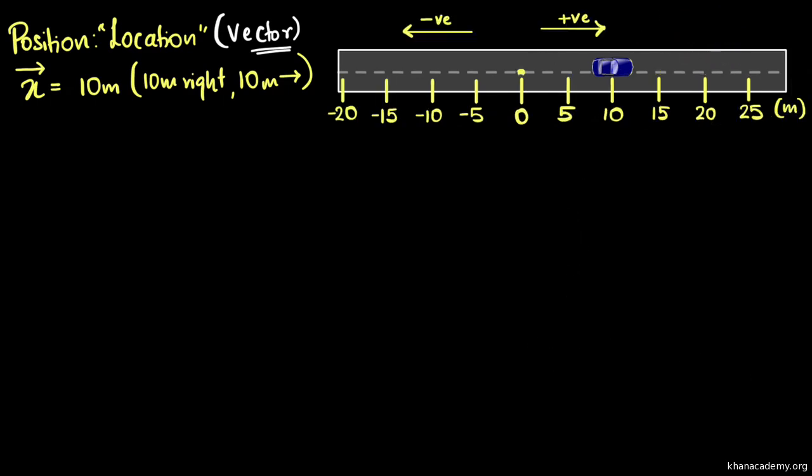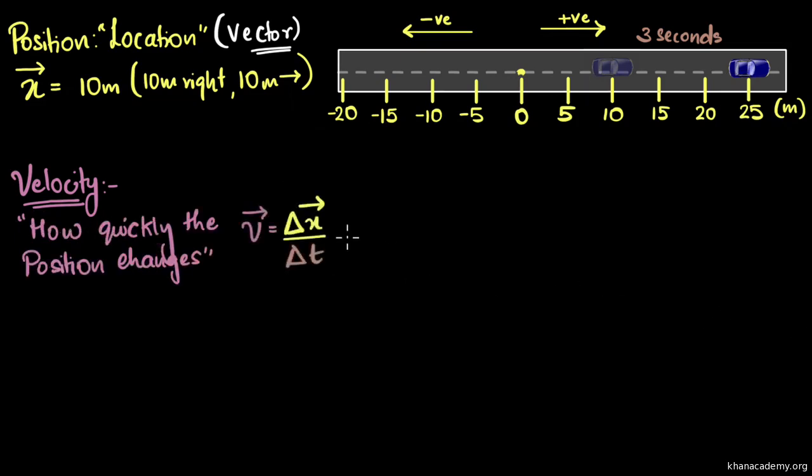Anyways, coming back, now let's make that car actually move. Let's say that car moves from here to here in 3 seconds. Now we can define a new quantity called velocity. Velocity is a measure of how quickly the position of the car changed. And we calculate it as change in position. This triangle means delta, it means change in position, divided by the time taken for that change in position. So in our example,